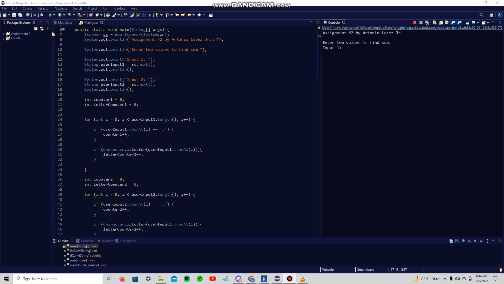So first thing, we have our basic system outs telling the user what to do, or what it is. And here on our line 13 is where we first ask the user to input their first value. Line 17 is where we ask the user to input their second value. And for line 24, for this for loop,